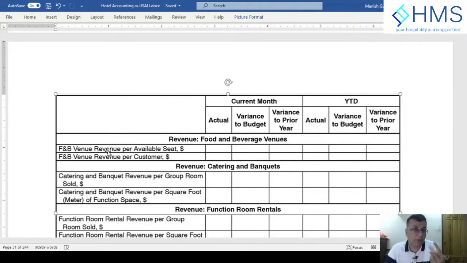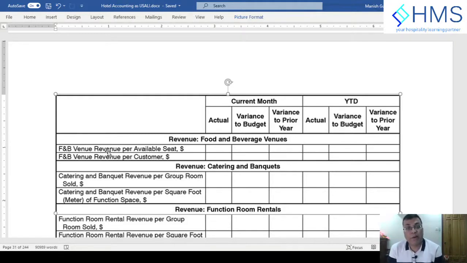These two are very, very important when you are understanding how much, because in the hotel usually you have available seat, you have available seat in the F&B revenue. Sometimes the hotels are also calculating the F&B revenue per available guest in the hotel. So how many guests are sitting in the hotel and how much is my revenue per guest, is it increasing or decreasing? Same like RevPAR, because that's the total number of market that you already have.